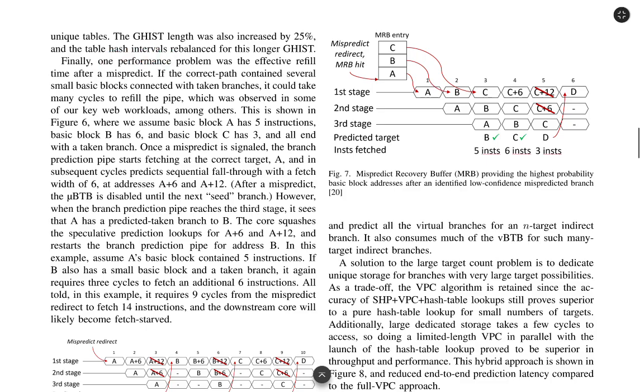Finally, one performance problem was the effective refill time after a previous mispredict. If the correct path contained several small basic blocks connected by taken branches, it could take many cycles to refill the pipe, which was observed in some of the key web workloads, among others. This is shown in Figure 6,